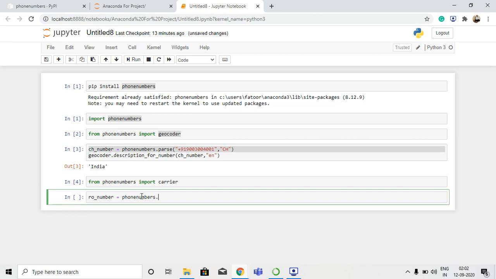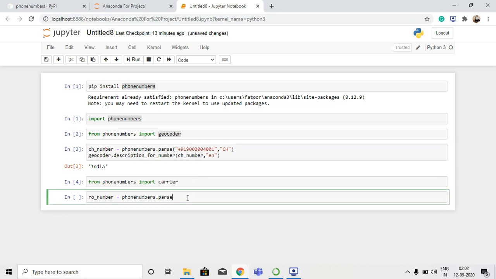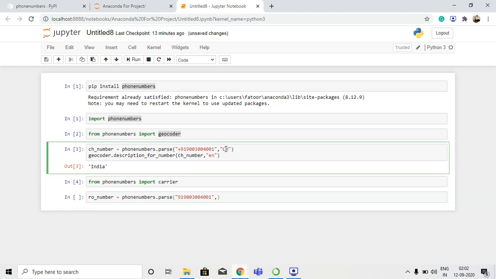dot. I'm going to use the parse command just like we did in the first part of the program. We do it again, and inside the brackets we are going to provide first the country code, and let's say I'm going to use the same number again, 9003004001. And after this, just like we used ch, that is a keyword to